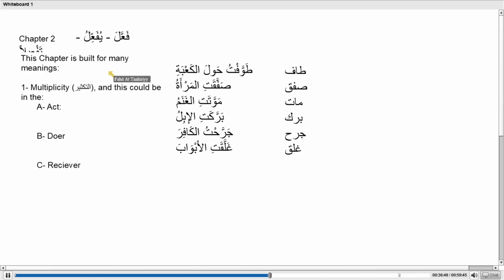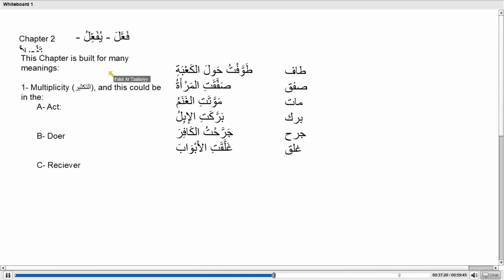From the aspect of the doer, one person. طيب? So the person is one. So that leaves the multiplicity shown where? In the action. واضح؟